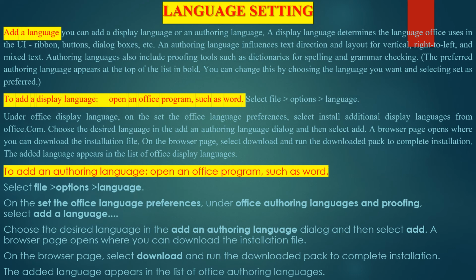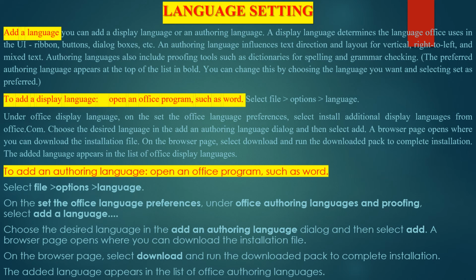To add a display language, open an Office program such as Word, select File, Options, Language. Under Office Display Language, on the Set the Office Language Preferences, select Install additional display languages from office.com. Choose the desired language in the Add a display language dialog box and then select Add.